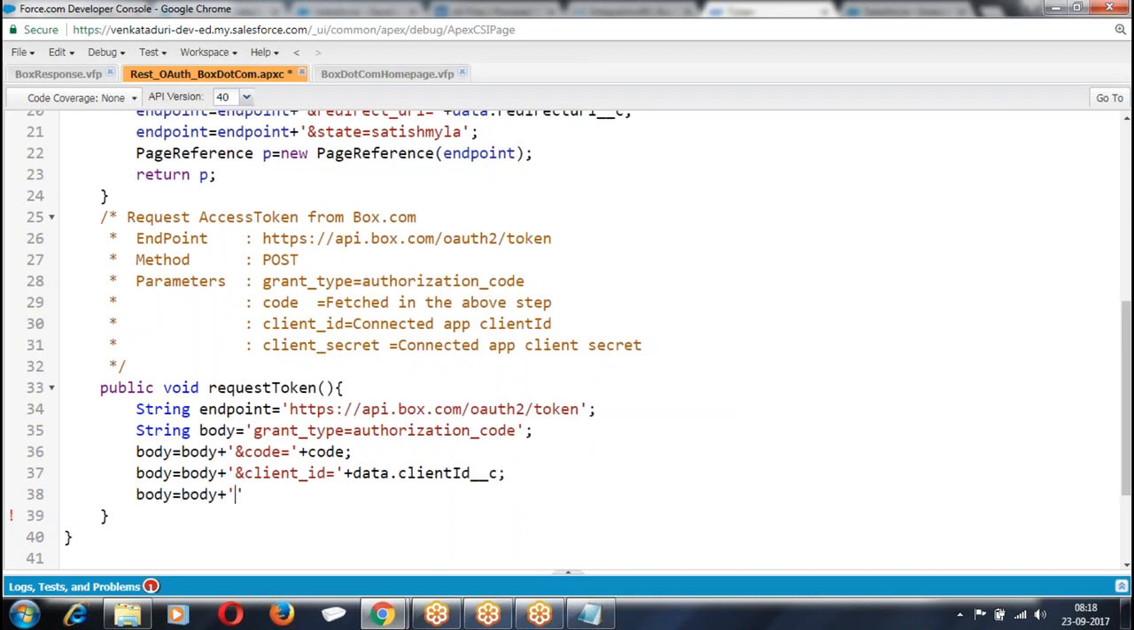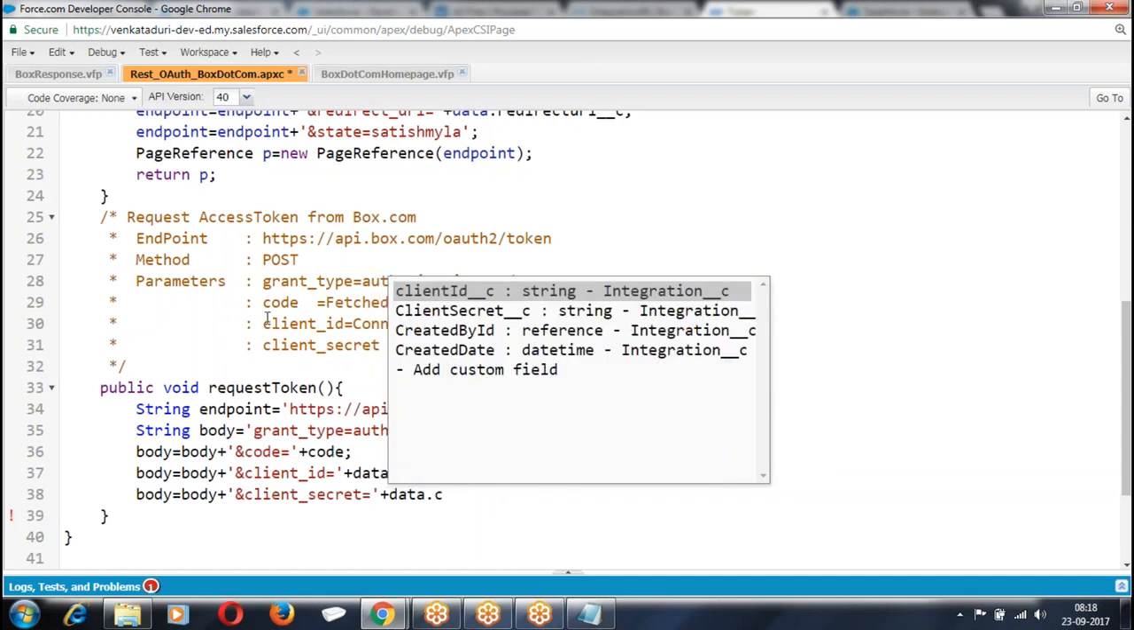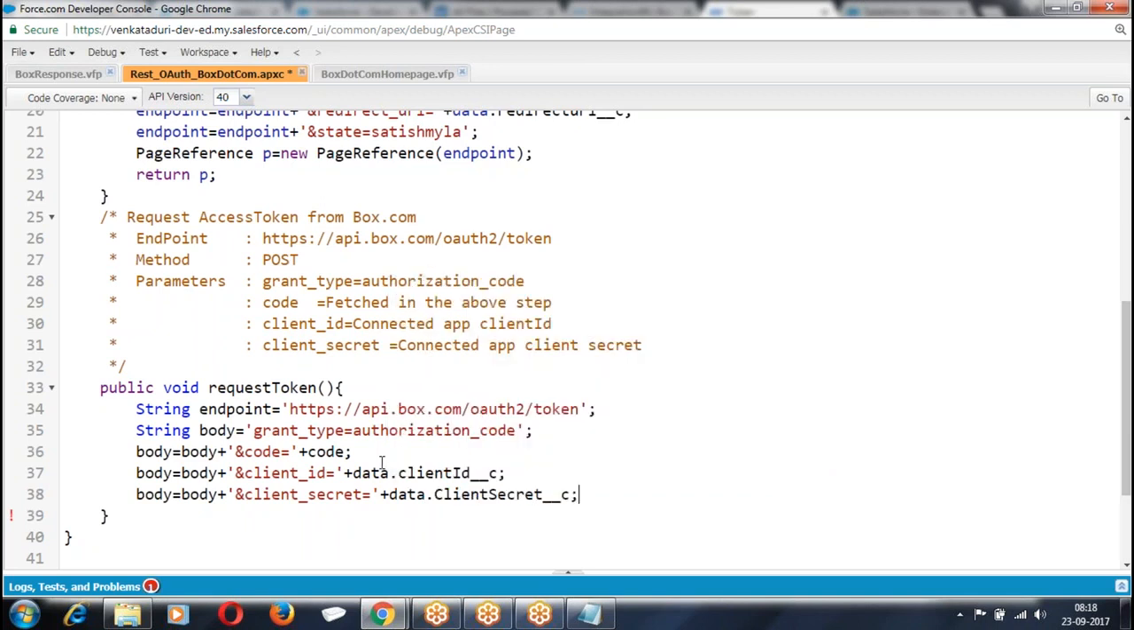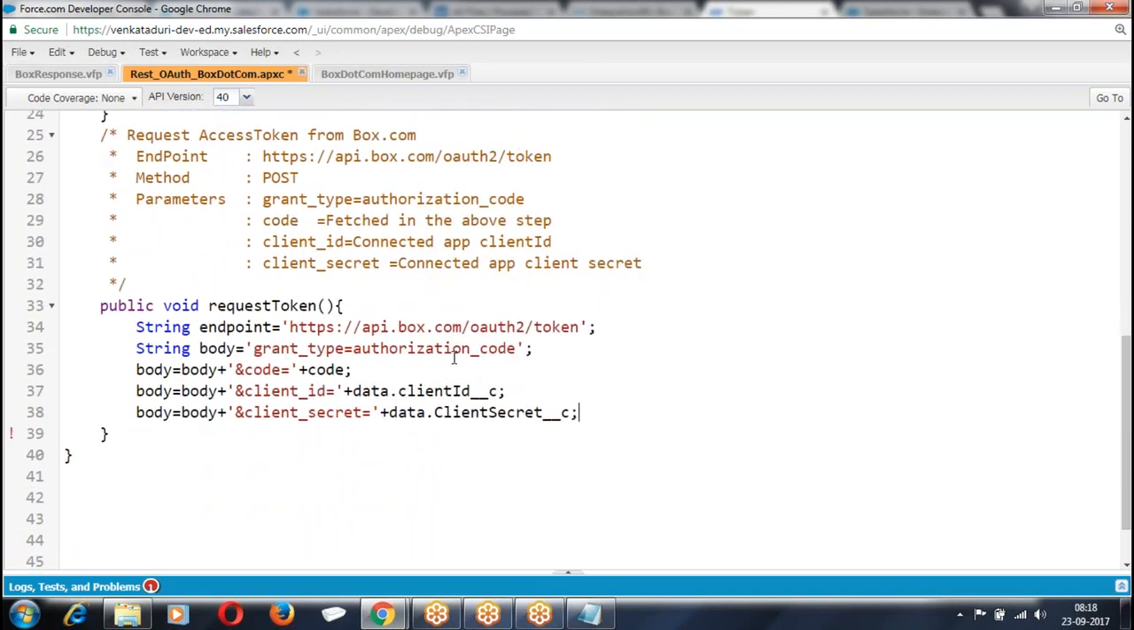Equal to body plus. So what are the parameters? Grant type, authorization code, client ID, client secret. Then I was supposed to make a request. It should be p equal to